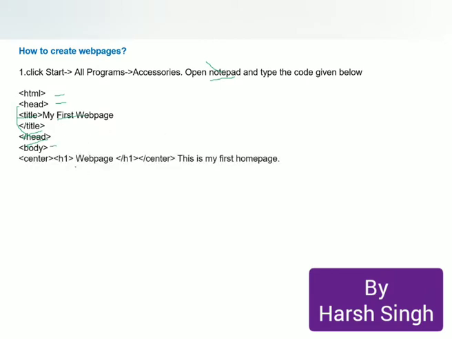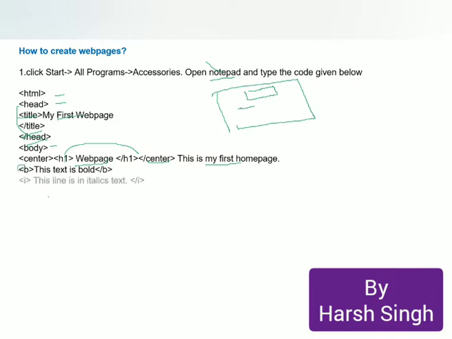Now this is a web page you want to show, and you want to show this web page written here in the H1 heading and center wise. So then now you can write this, and then you want to write some content which is in bold, some content which is in italic, some content which is in underline. So this sentence will be shown in bold, this will be shown in italic, this will be shown in underline. Then you can break.